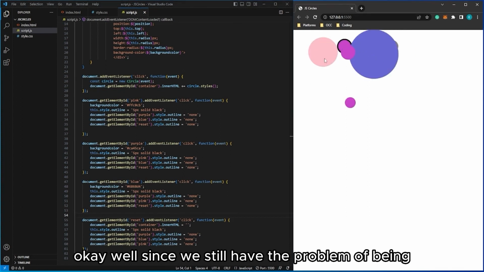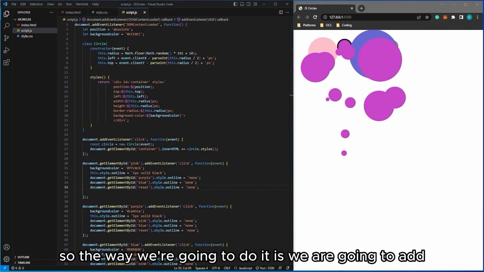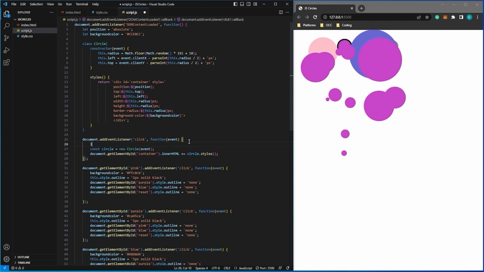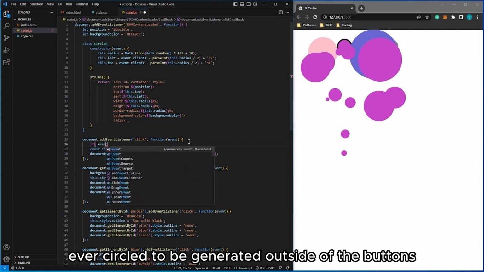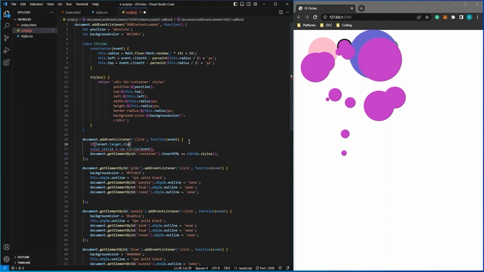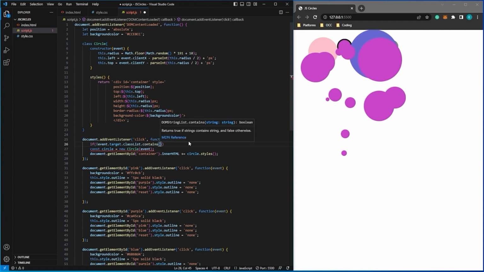Okay, well, since we still have the problem of being disturbed by the circles generated upon click, let's address that problem now. So the way we're going to do it is we are going to add an if statement inside our main click function here. So we only want our circle to be generated outside of the buttons. So we're saying that if the event target, that class list that contains button,